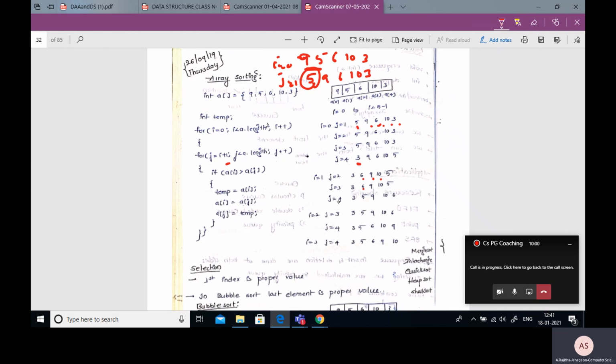That means the inner loop is completed, and now the outer loop is incremented by 1, that is 2. This was the first iteration, this is the second iteration, and coming to the third iteration, i becomes 2 and j becomes 3. These two values are already in proper order, so the condition